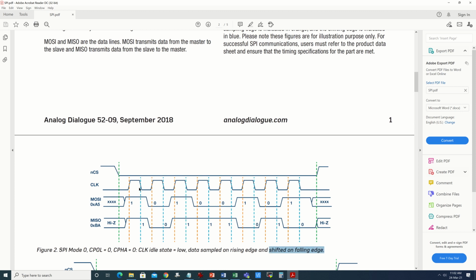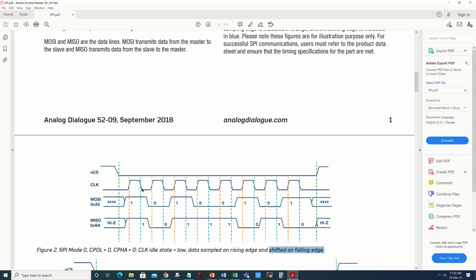For example, there is a falling edge here, so there is no change, although after the falling edge you can definitely change your data immediately. Okay, it's not always possible that you will align to this falling edge. So the more practical case is that after the falling edge there is a little bit of delay, after which you can make your data transition. Okay, and after the transition it takes a certain settling time, and that's why the lower part of the clock in mode 0 is used for that.